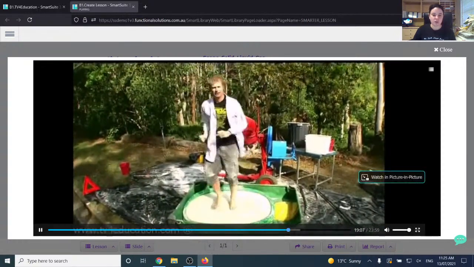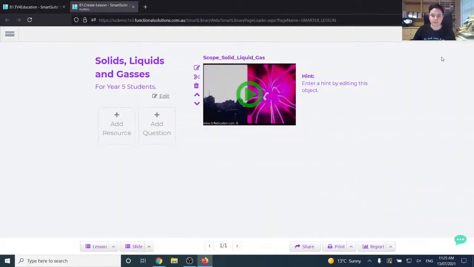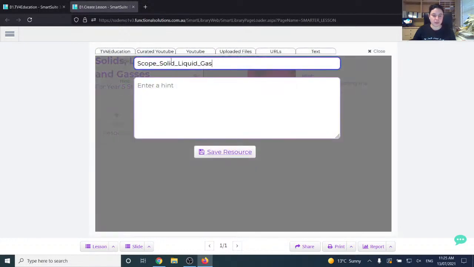So your students will only be able to view the content of the video that you're wanting them to view. You can also change the title and say whatever it is that you want. So you can just say scope, solid, liquid, gas, and then you can add a hint in here. You can just say, please watch both